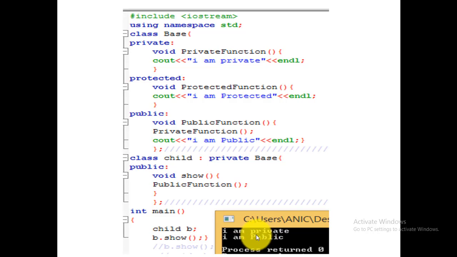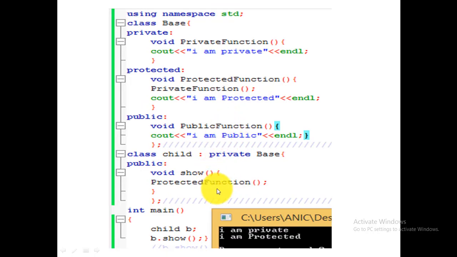So what about the protected and public functions? Obviously, when the base class is declared as private, the protected section and public section will also be private. So if we have to access the protected data members and member functions and the public data members and member functions, we also have to follow the same mechanism as we did with the private function.